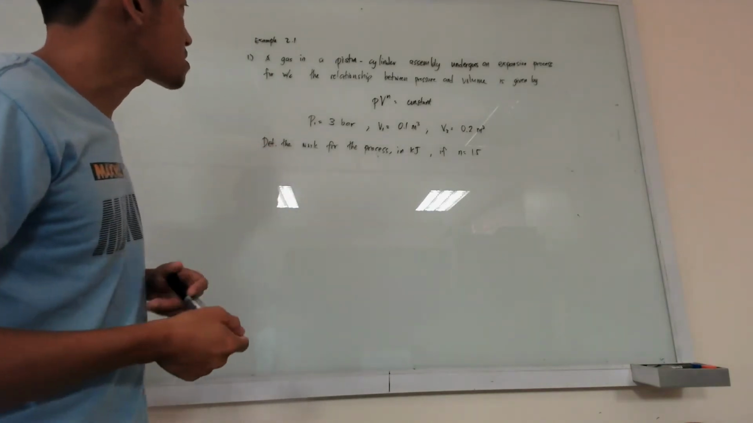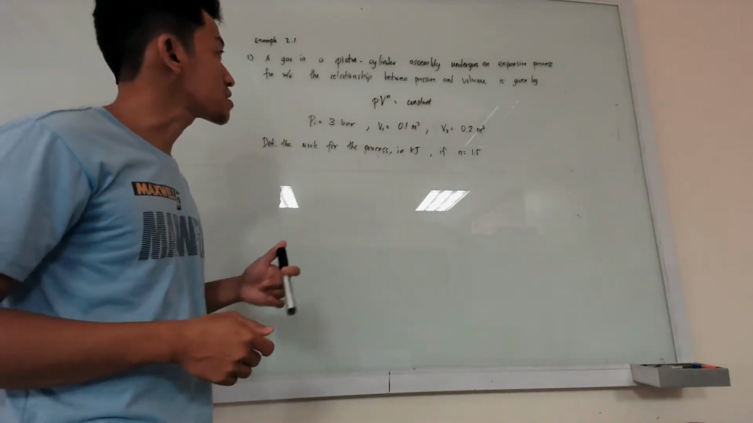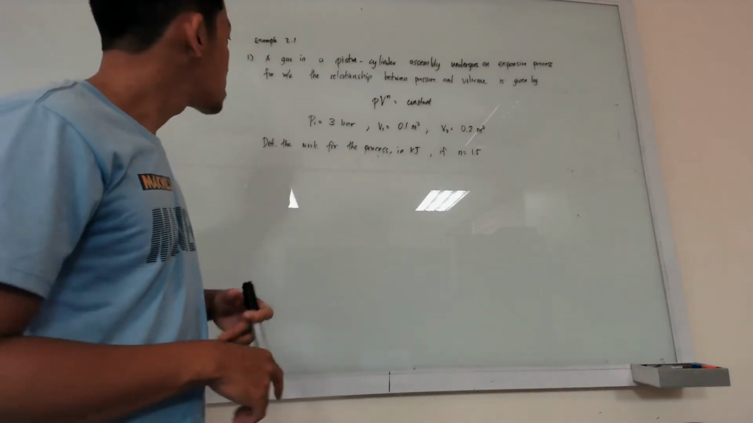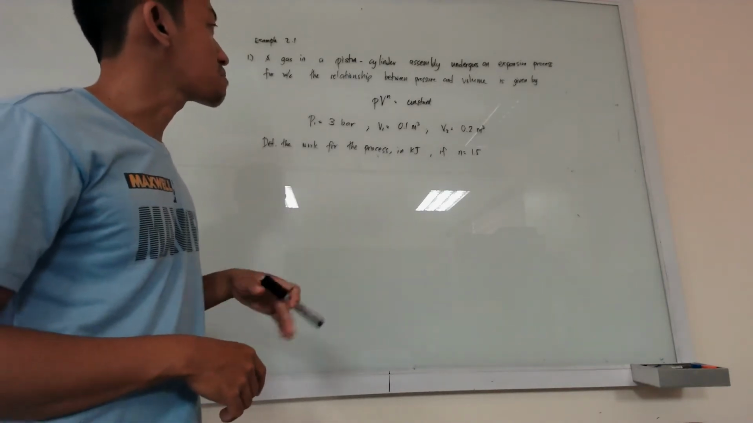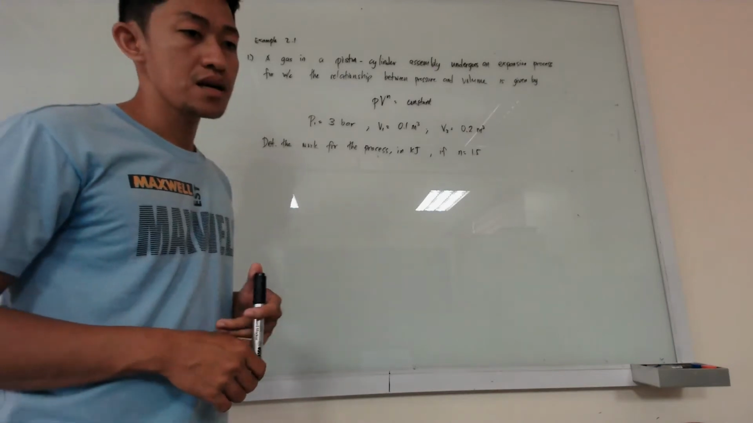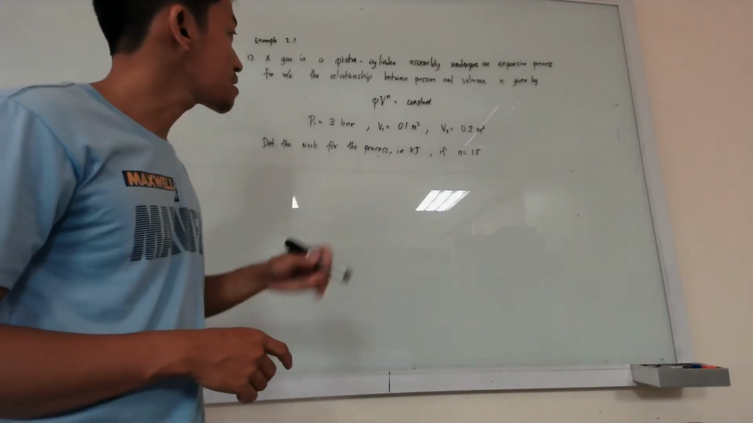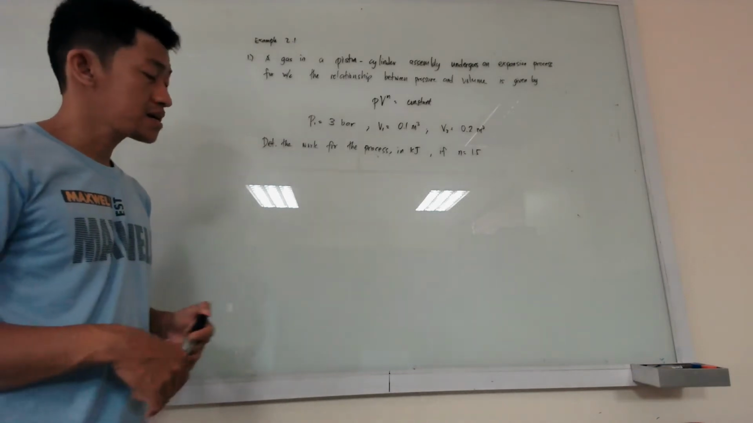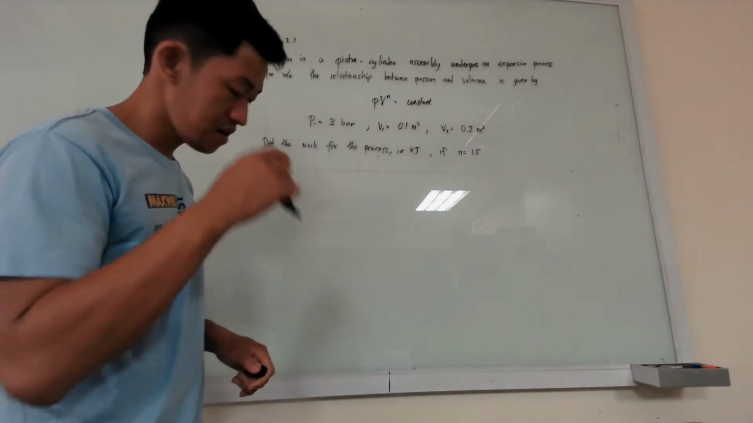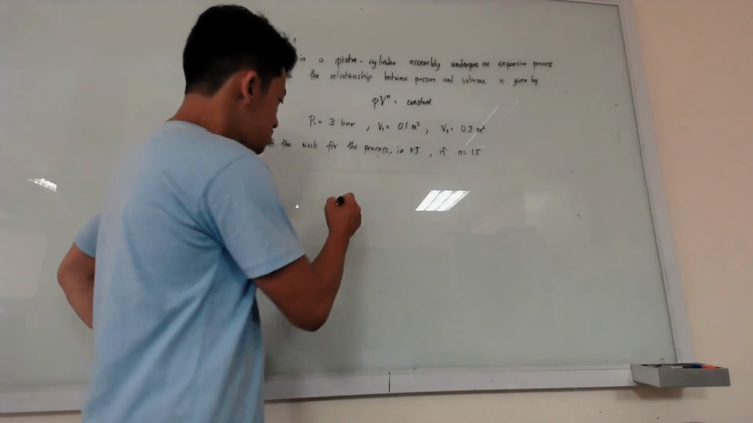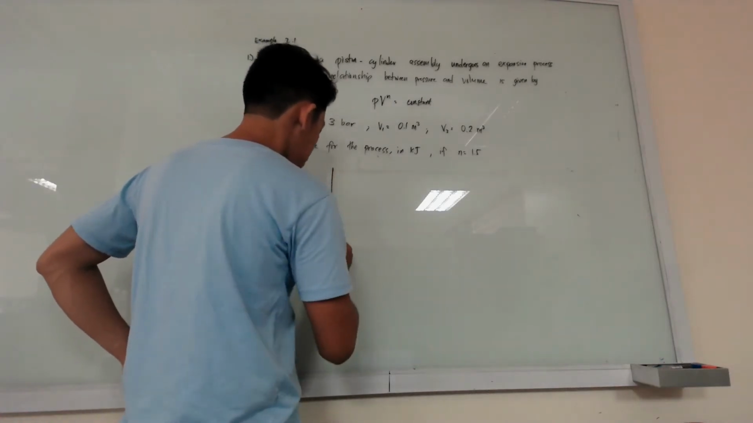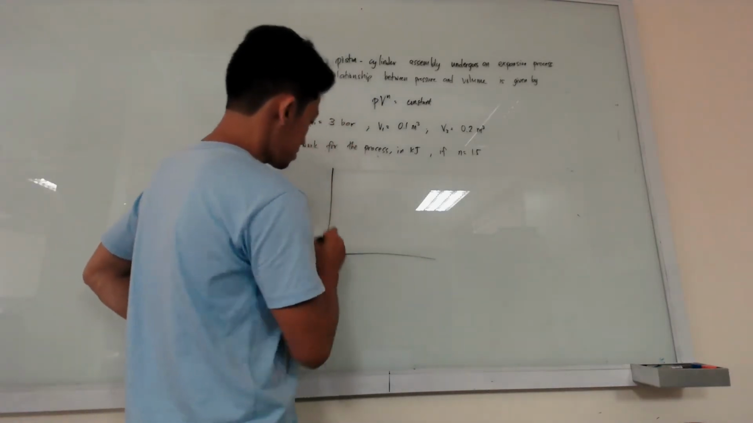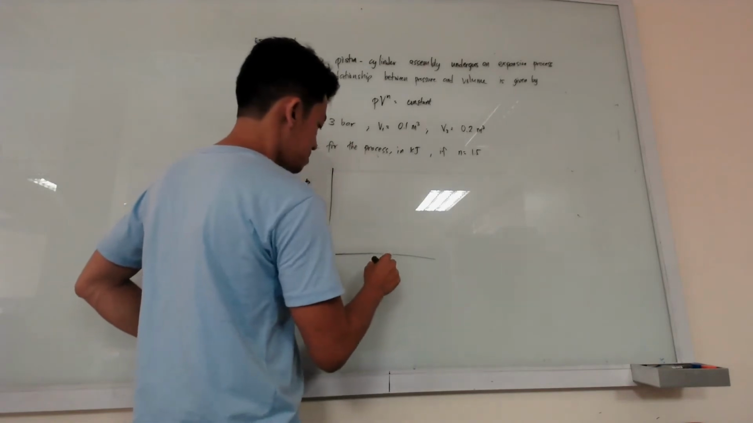I'll read the problem. A gas in a piston cylinder assembly undergoes an expansion process for which the relationship between pressure and volume is given by PV to the n equals constant. If we are going to draw the PV diagram of this problem,